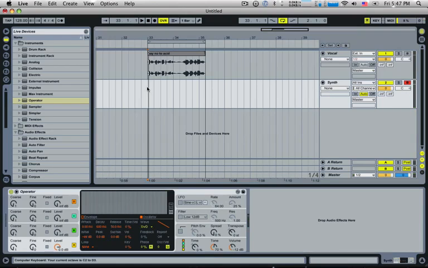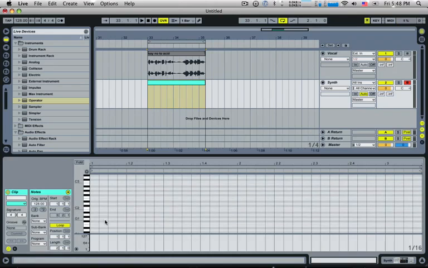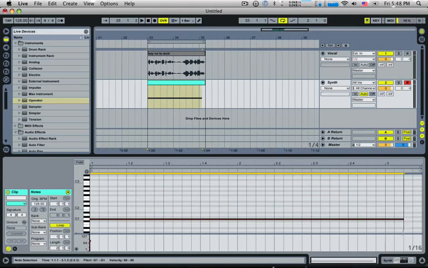you'll all know that sound by now. And I'm going to insert a MIDI clip, Command-Shift-M, and I'm going to put in a long continuous note, like so. So if I solo this track, we get the synth, and together with the vocal we get,